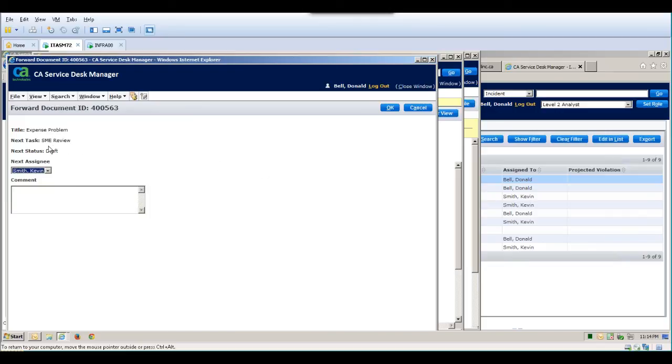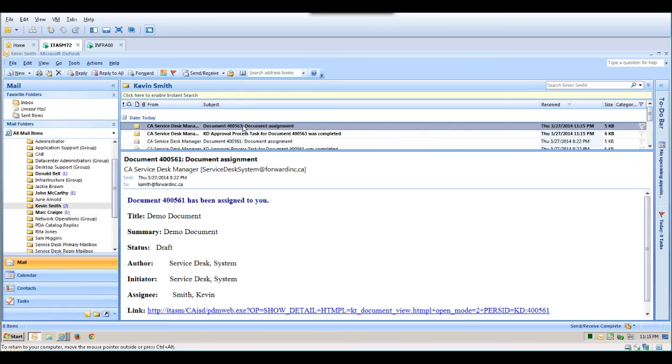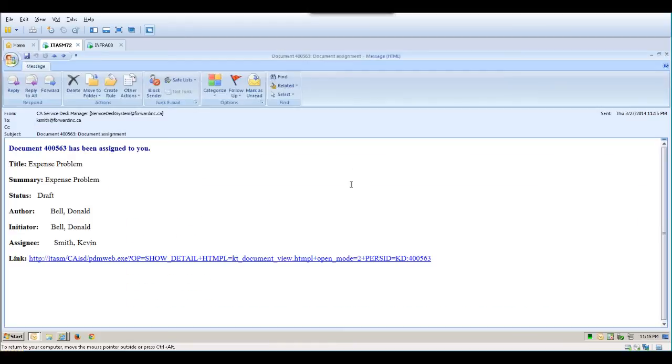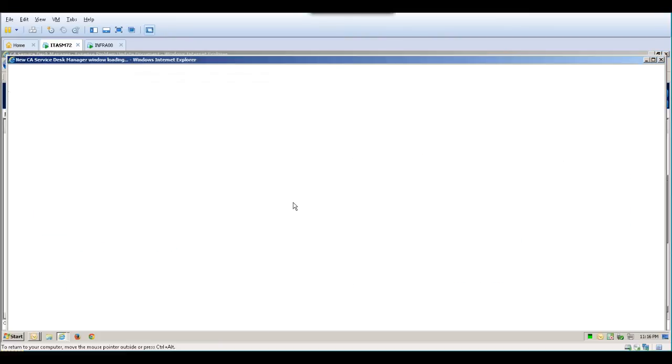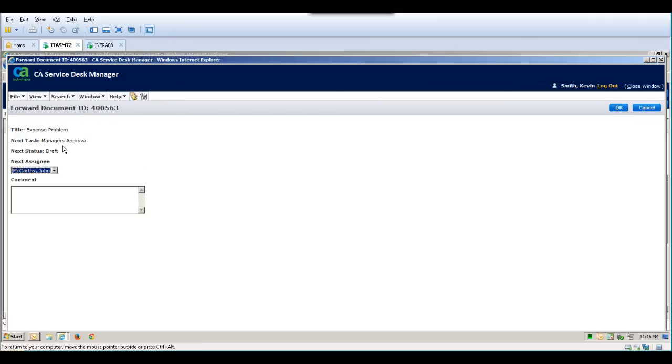So in the process flow, we have defined the next task to be SME review. So Kevin has just received the email saying, hey, there is a knowledge document that has been assigned to you for review, and here is the link. And then once he's done, of course, he can reject this knowledge document, right? Or he can further proceed this knowledge document to the next step, which is to forward to, in my process,